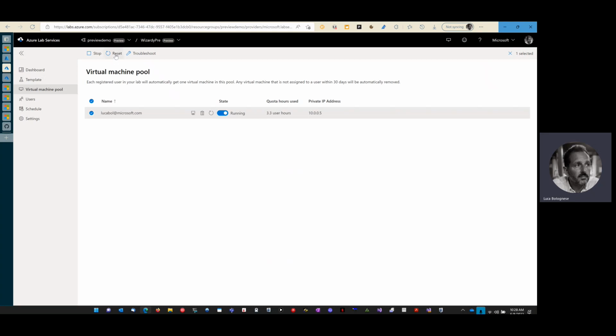You can also reset a VM or multiple ones here. What that does is destroy the VM, so that the next time a student comes in, they get a completely fresh VM, which has the image that you choose. And this is useful in case the student screwed up his VM. Instead of trying to understand how to fix it, you can just blow it away and it starts again. That is one reason why we recommend to store the homework on some external